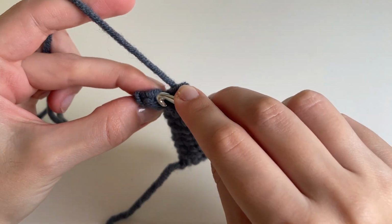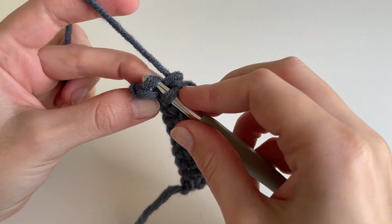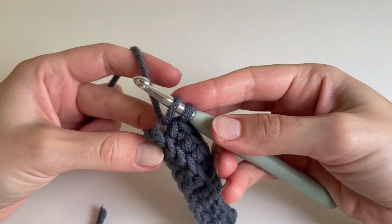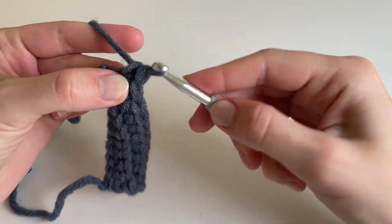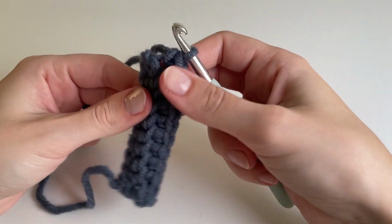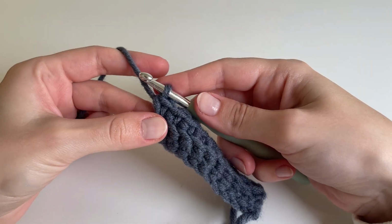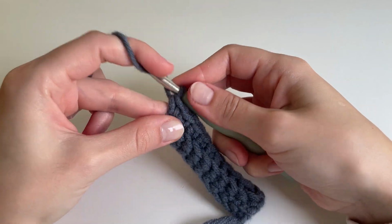So we're going to insert, don't forget your corner stitches. So insert, yarn over, pull up a loop, yarn over, and pull through. So again, if you want to double check your work, you should count back and make sure you have 10 stitches. So again, to start the next row, we're going to chain 1